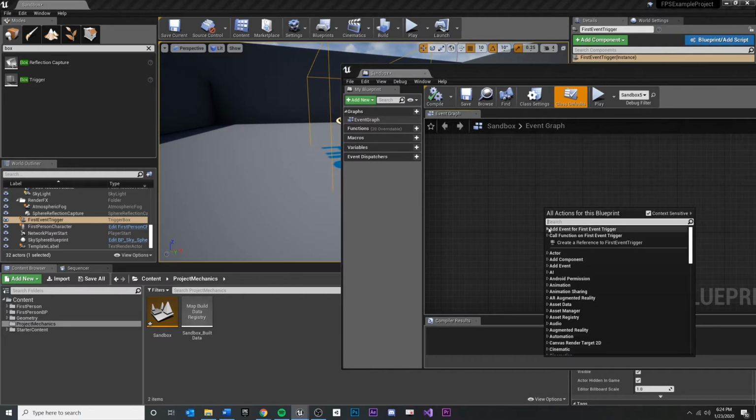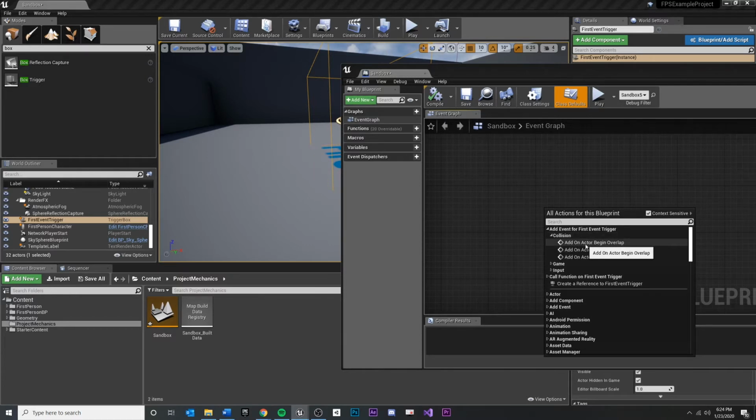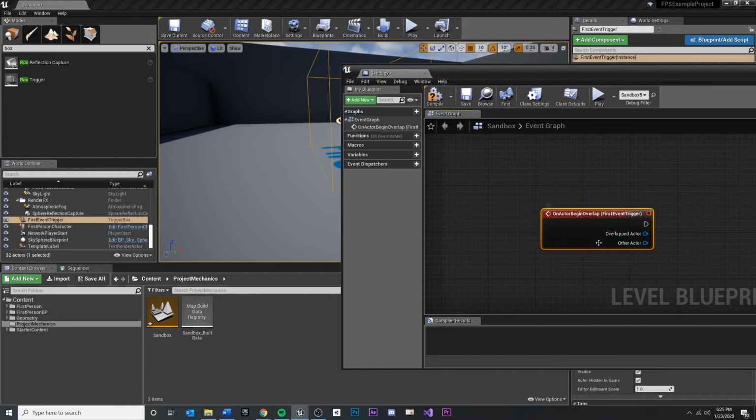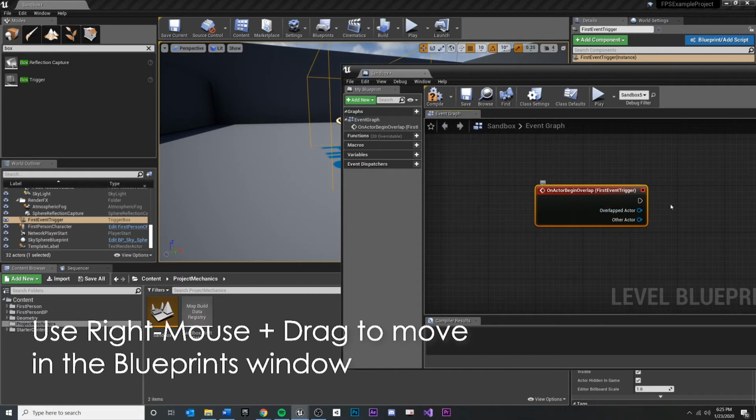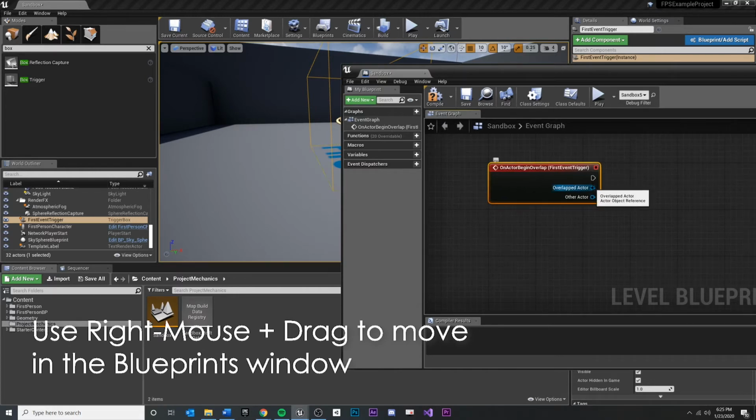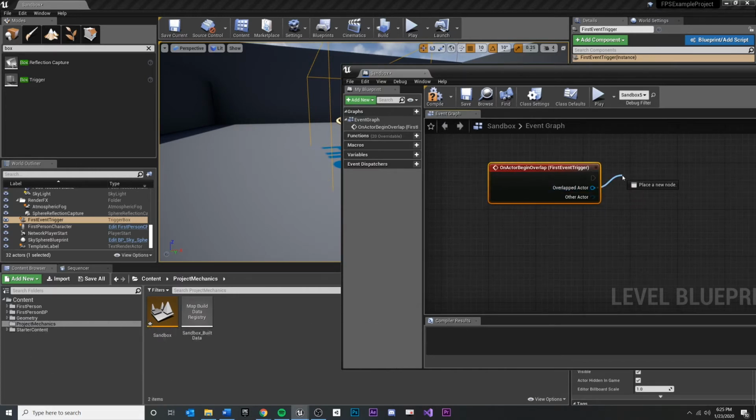Right click, and if you expand this first one, add event for first event trigger, you expand collision, you're going to see add on actor, begin overlap, end overlap, and hit. Begin overlap just means if something touched this object, if something overlapped this object. So we're going to click on this, and because we have our box trigger selected, when we click this, this will call an event. When this box trigger is overlapped, we can get access to the other thing that overlapped it